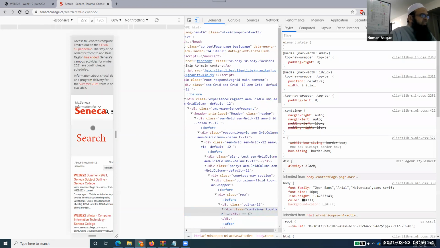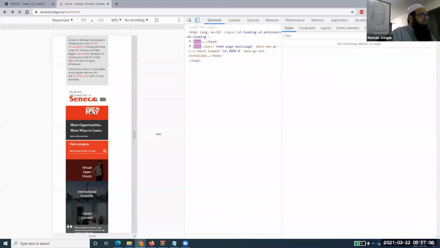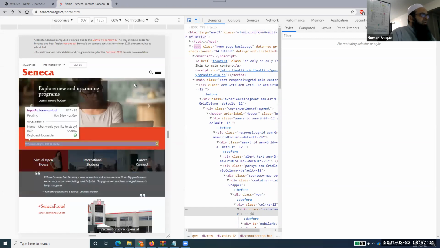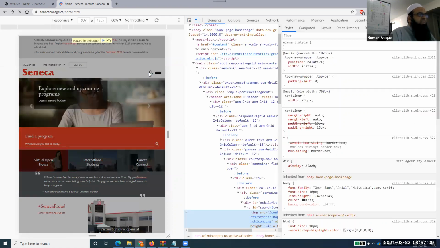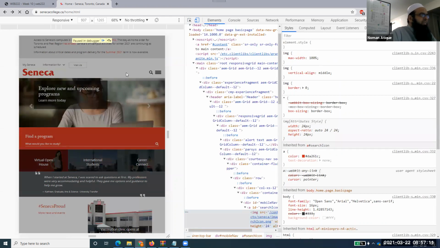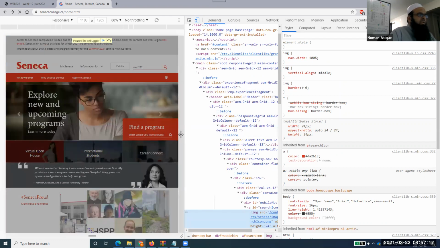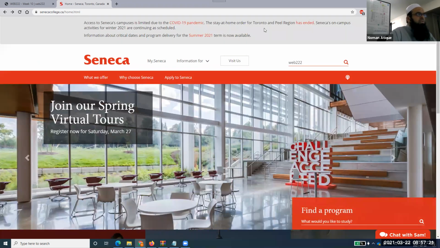And this form, if I go to this search part or back, if I go back, it's very much squeezed. And if I just select this one, the other way of finding out the form. So if you see that this is an image, this image will be coming inside the form, which should be coming inside the form. Okay, let me just do that. So this is our form.